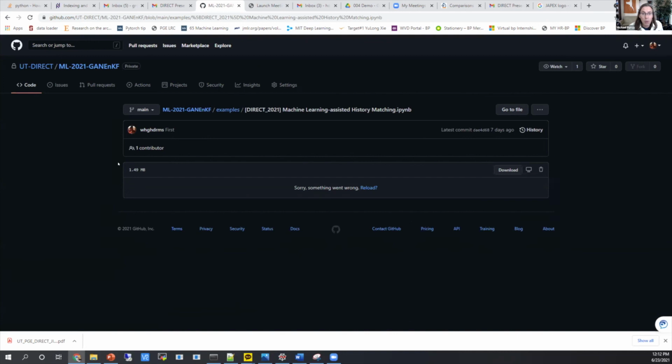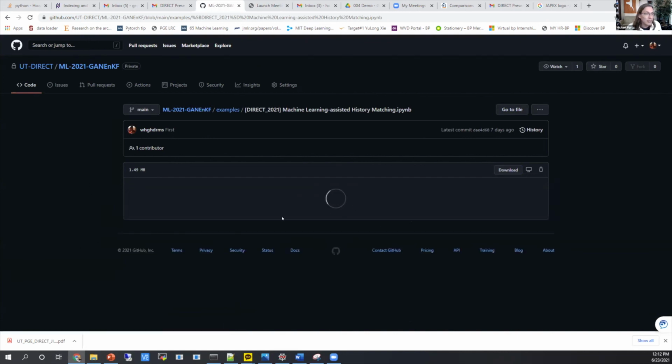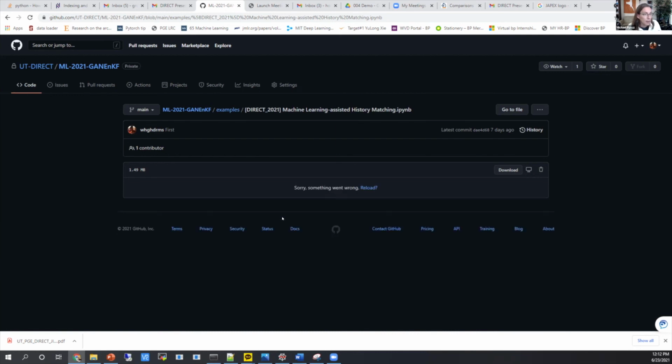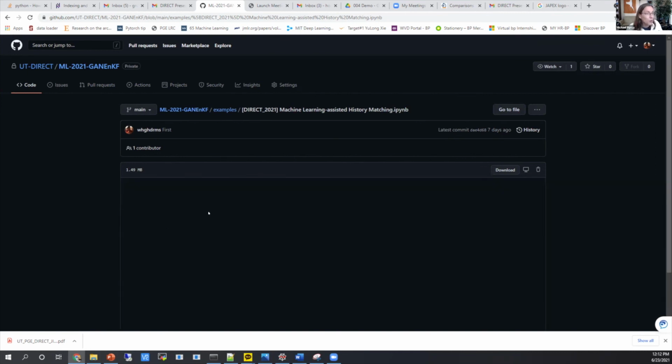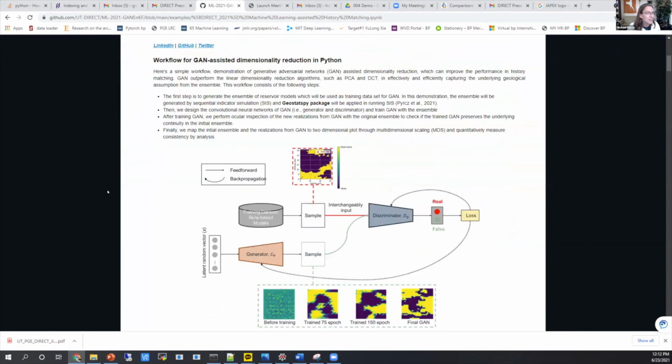Honggeun Joe has just pulled up his repository on GitHub. And so what you'll see is that there are well-documented workflows. There are all the codes. You can do exactly what Honggeun has done and for all of our students' work. So I think that's essential. I know that often in the browser, GitHub has an issue rendering the workflows. Okay, there it goes.